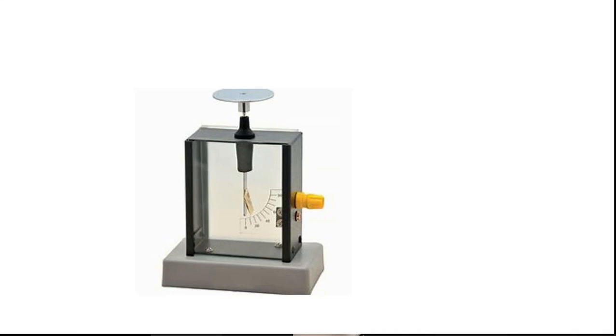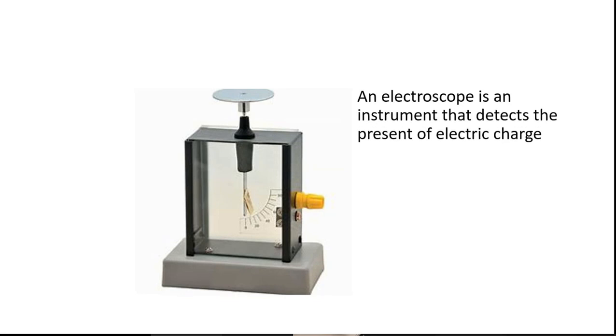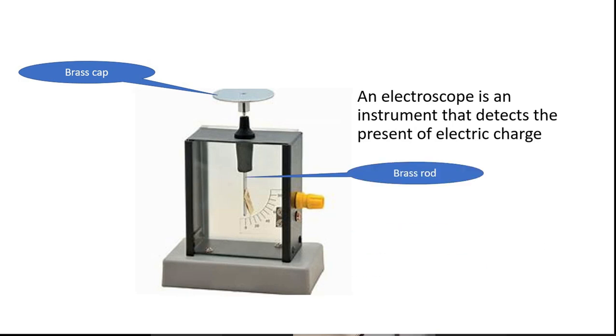Okay, this is the instruments. An electroscope has the function to detect the presence of electric charge. The parts of the electroscope are the brass cap, which can be neutral, positive, or negative, the brass rod, and